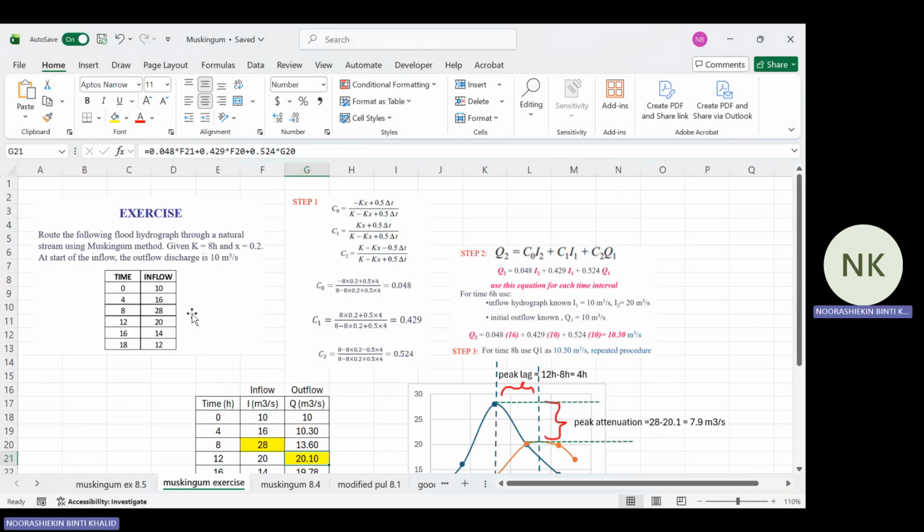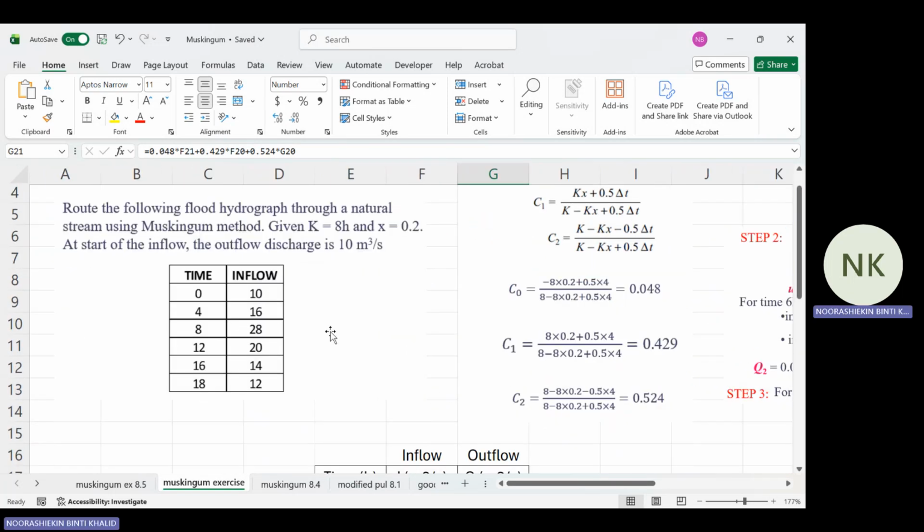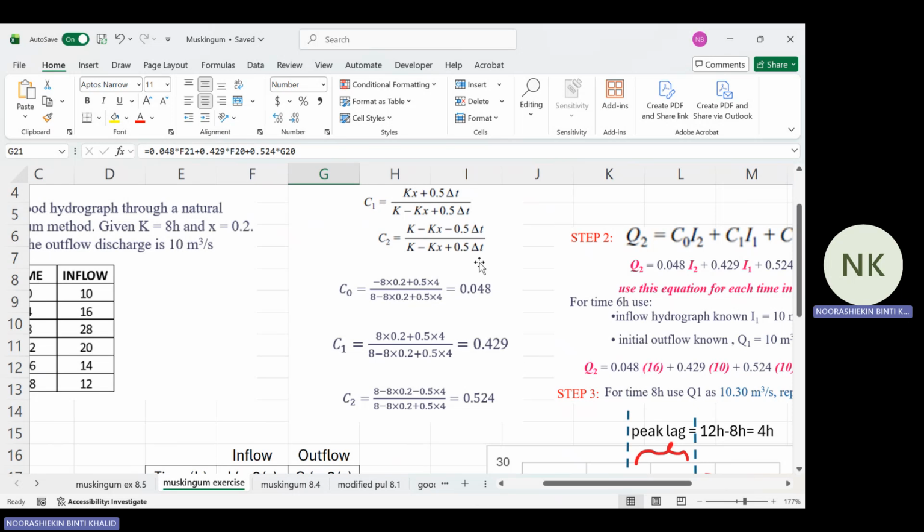We go to this exercise. We try the Muskingum method for this exercise. K equal to 8 hours and X equal to 0.2. So this is time and inflow. Q1 equal to 10 meter cube per second. Okay, step number 1, calculate C naught